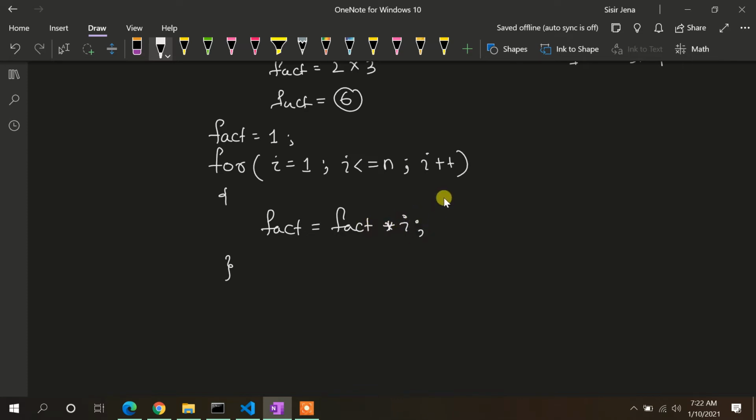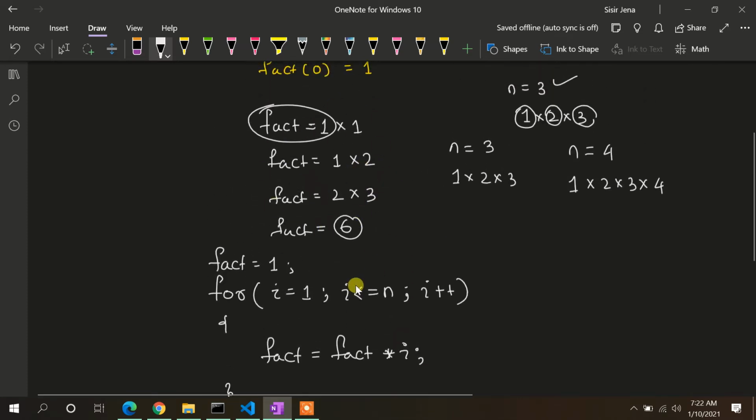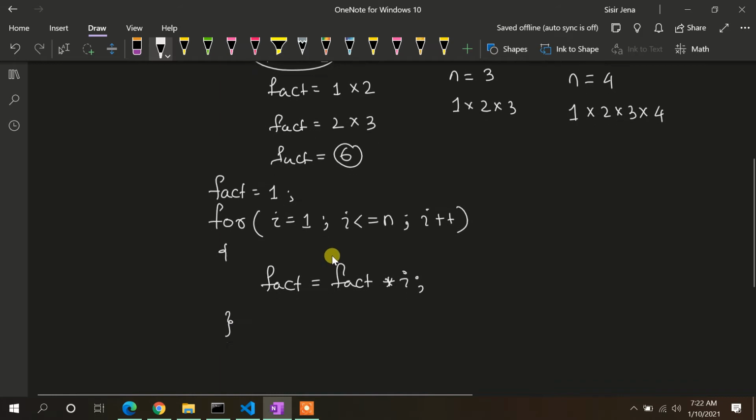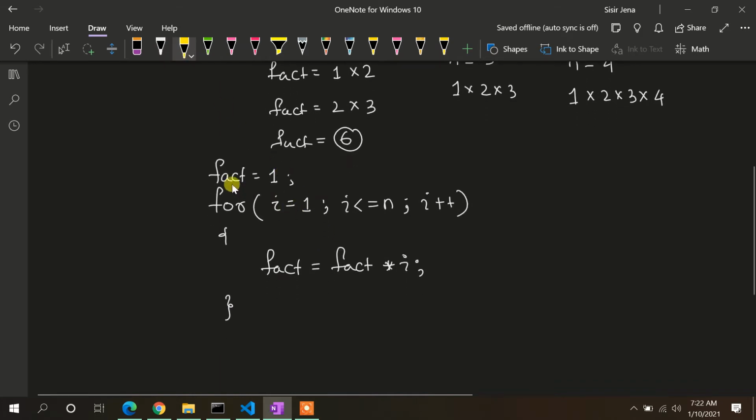Just see whether the logic behind the discussion is following or not. Let us understand it here. So I have initialized fact as 1. Now I am continuing this loop as i equal to 1, i is less than or equal to n, i plus plus. Let's say n is equal to 4.